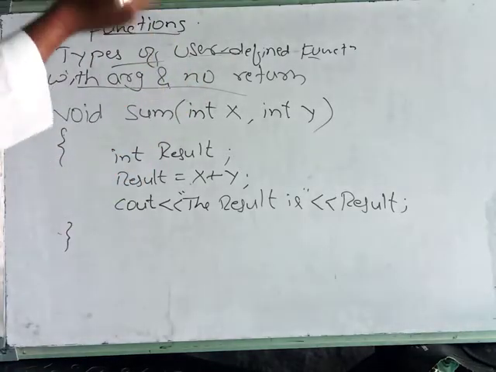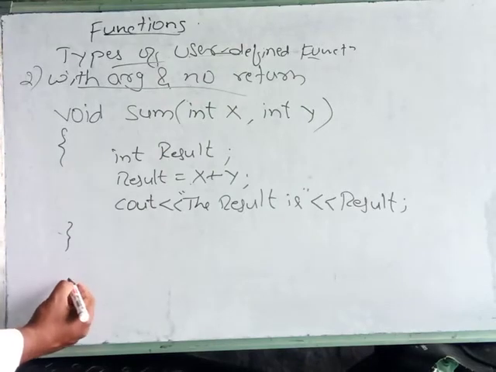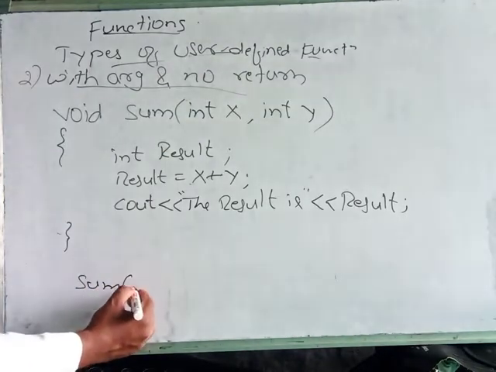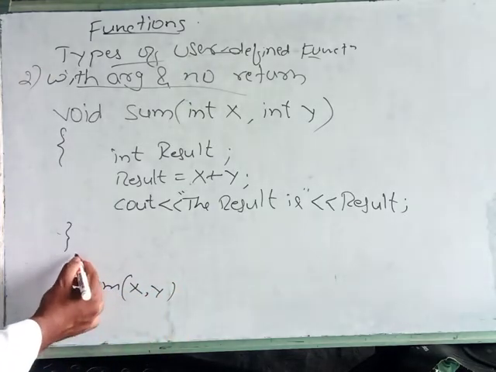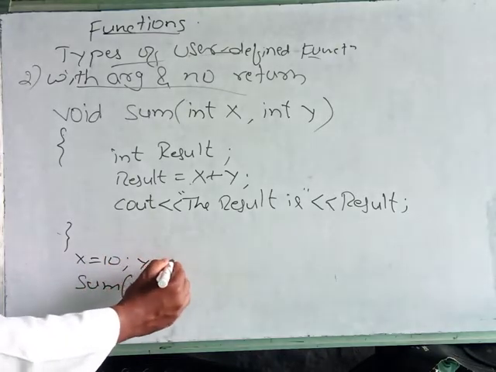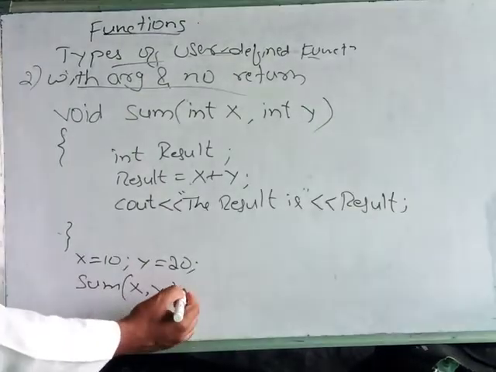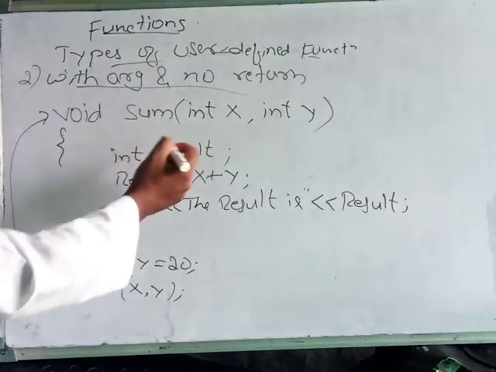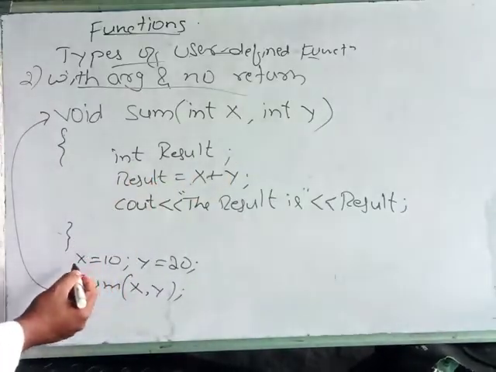Otherwise, we cannot pass the value. Here is an example of how we write calling the function, with values x comma y we are passing. Before that we are initializing x is equal to 10, y is equal to 20. When we call this function, it will come here and execute this. Here int result is a local variable. These are the global